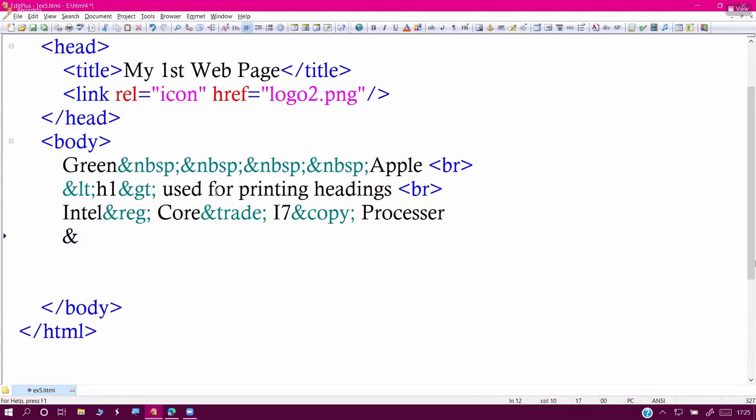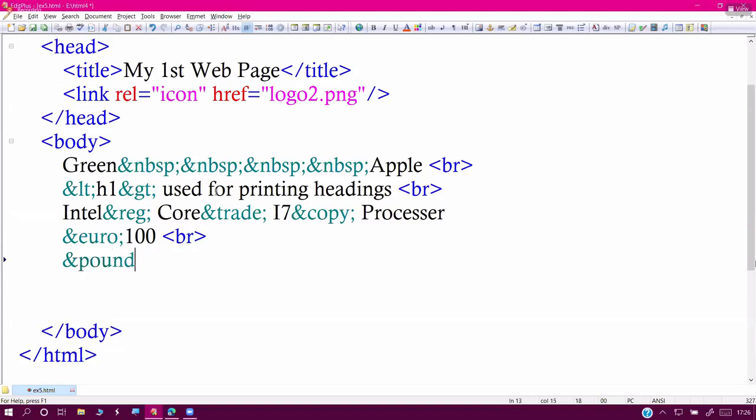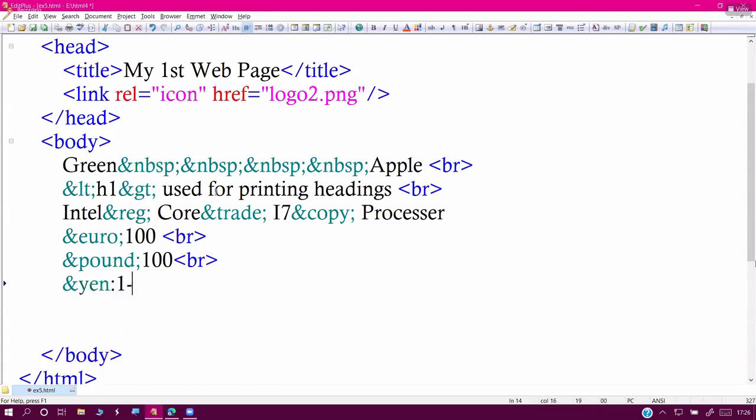Some symbols I am using directly, see that, sir. Ampersand euro: a currency symbol, the euro symbol comes. 100 euros. Next to ampersand pound: 100 pounds. Ampersand yen: 100 yen. Next, ampersand